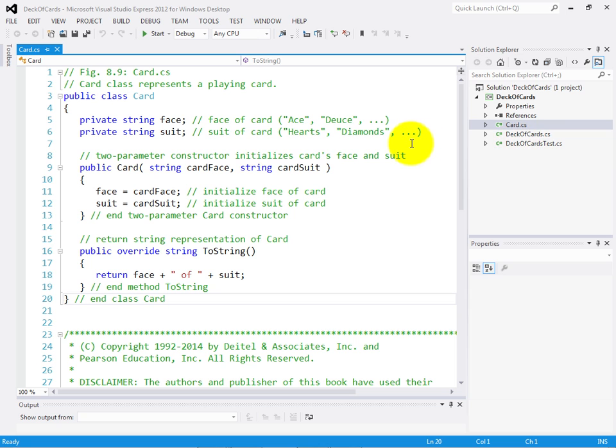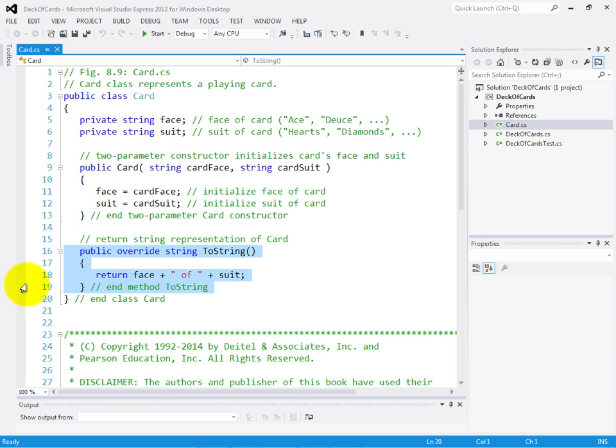Now, up on the screen at the moment is the first class in the app, the card class. And as you can see, our card class is relatively straightforward. It contains two private instance variables of type string, face and suit. And these are going to represent the faces from ace through king, and the suits, hearts, diamonds, clubs, and spades, etc. And eventually we'll get to the point of creating an array of 52 of these to represent the deck of cards. Now, our class's constructor allows us to initialize the face and suit for a particular card. We receive two strings representing the face and the suit, and we simply assign them to our instance variables.